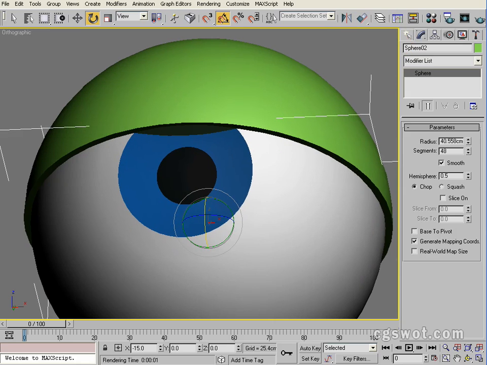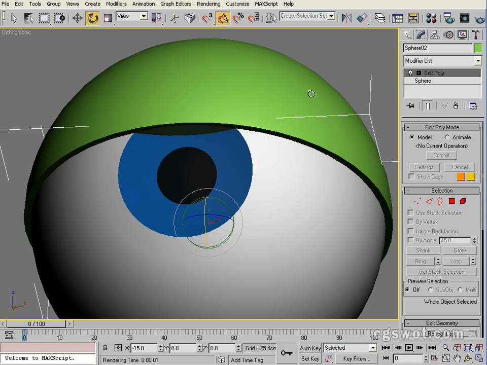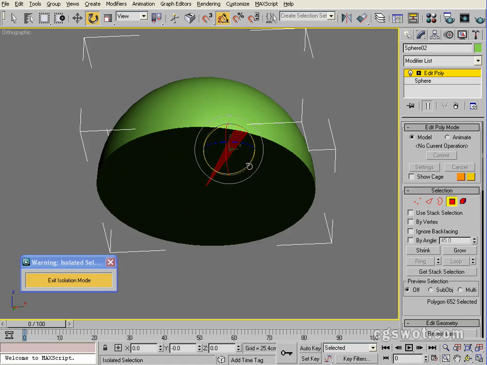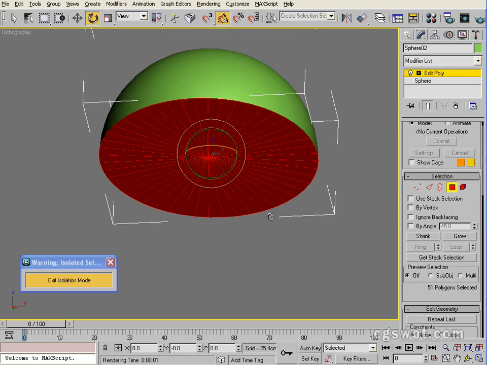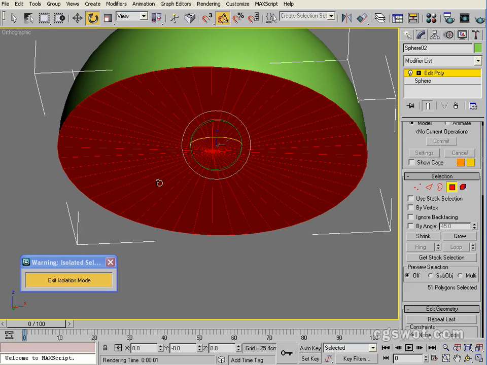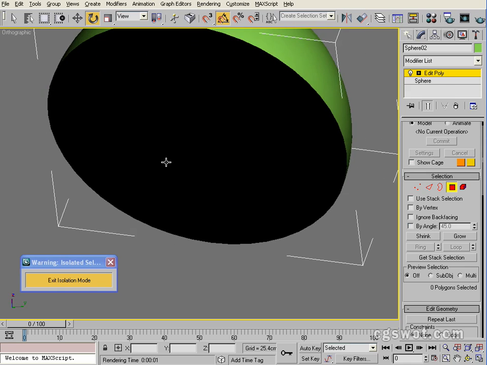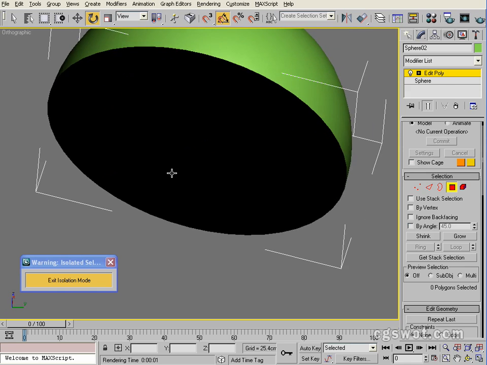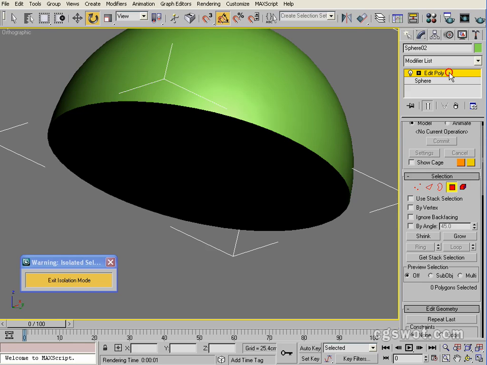So what we're going to do is go with an edit poly, and this is on the eyelid, and then we're going to select the polygon that's on the bottom. Let's just isolate. Alt Q isolates the geometry, and we'll select grow, and that selects all of the polygons on the base, and delete. And now you'll see that it's an open-ended surface there. It has no polygon in the center. Now we'll come out of